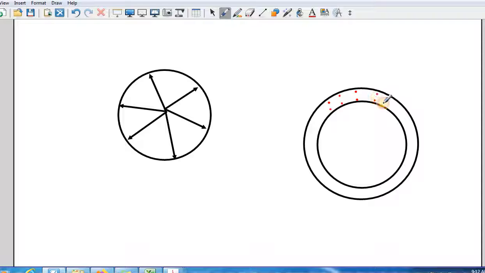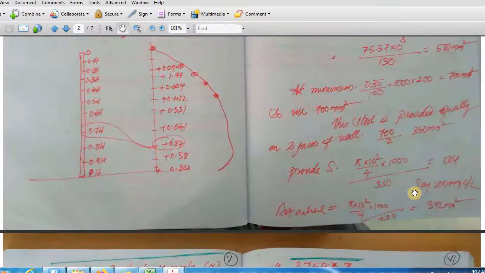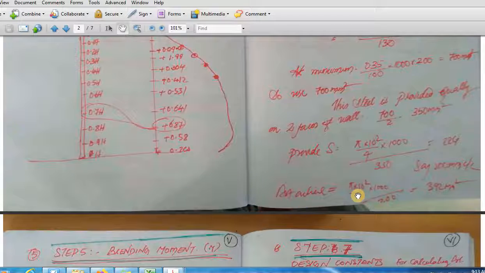Okay, around complete. So this total is the one we got, 700. So provide half and half, since it is a minimum, half and half. So 350 here and 350 here. So the spacing will be, if you are using 10 mm diameter bar, it will be 224. Let us say 200 millimeters center to center, and therefore the actual area of steel will be 392